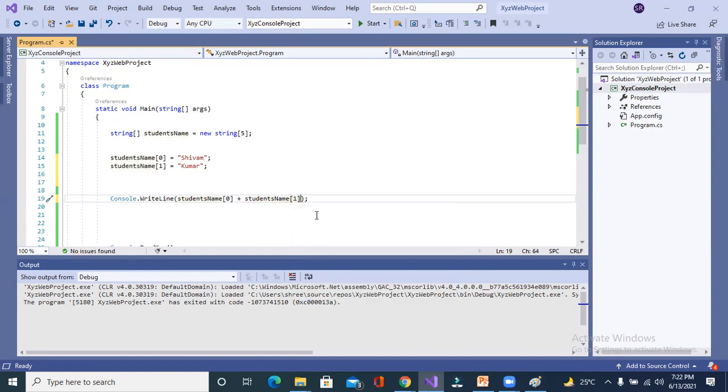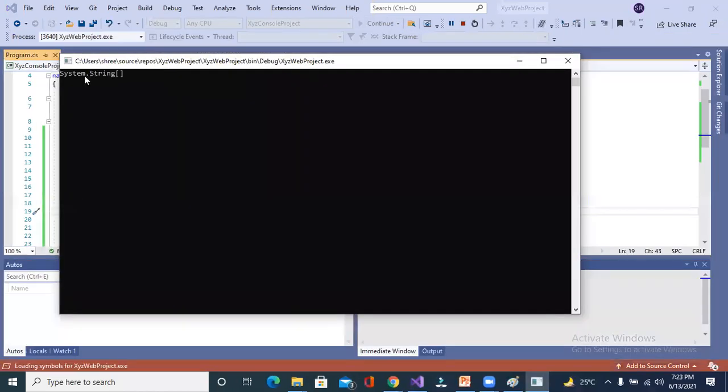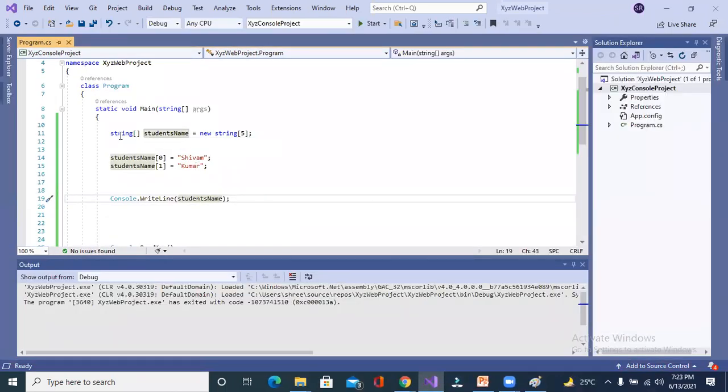If you don't give an index, it will not give an error, but it will print the name of the namespace, System.String. Leave it. If you want to access the array, you can only use the index position. It will not give you any error, but it will print the namespace, not your value. Understood.